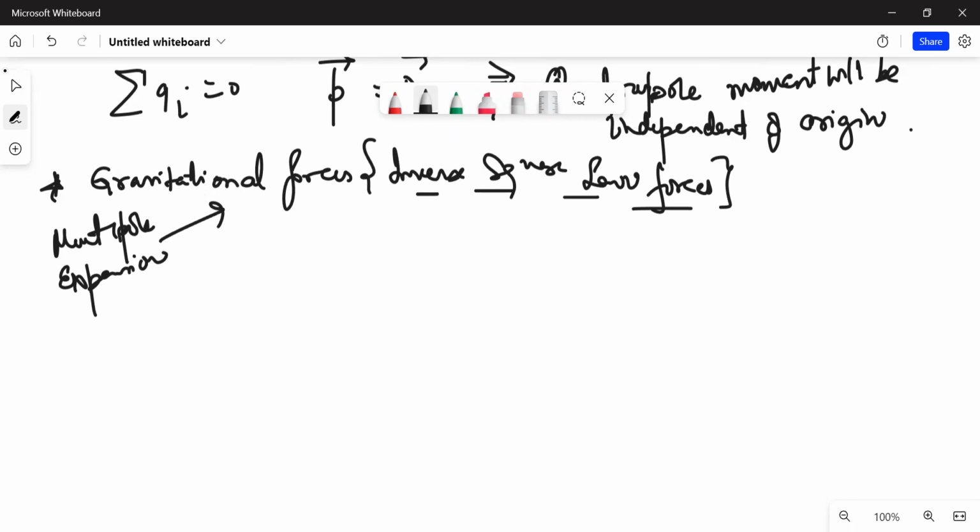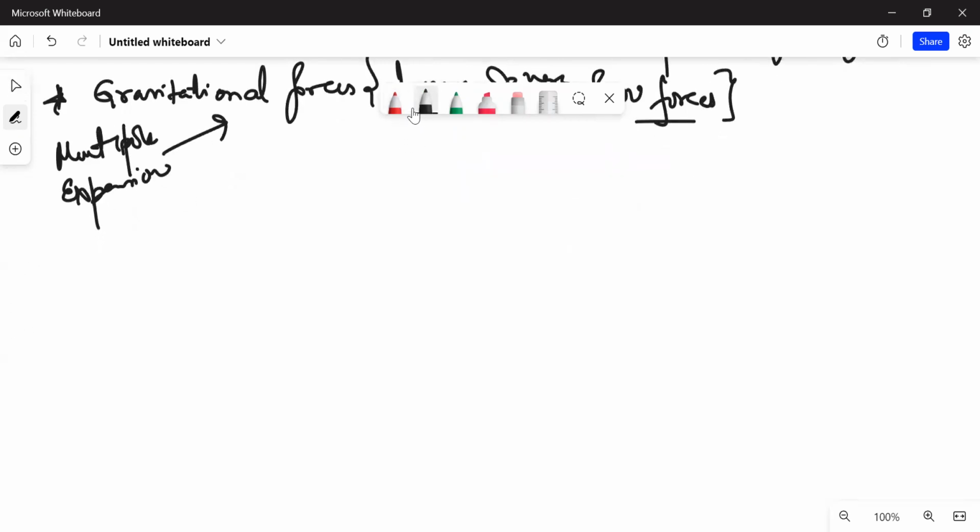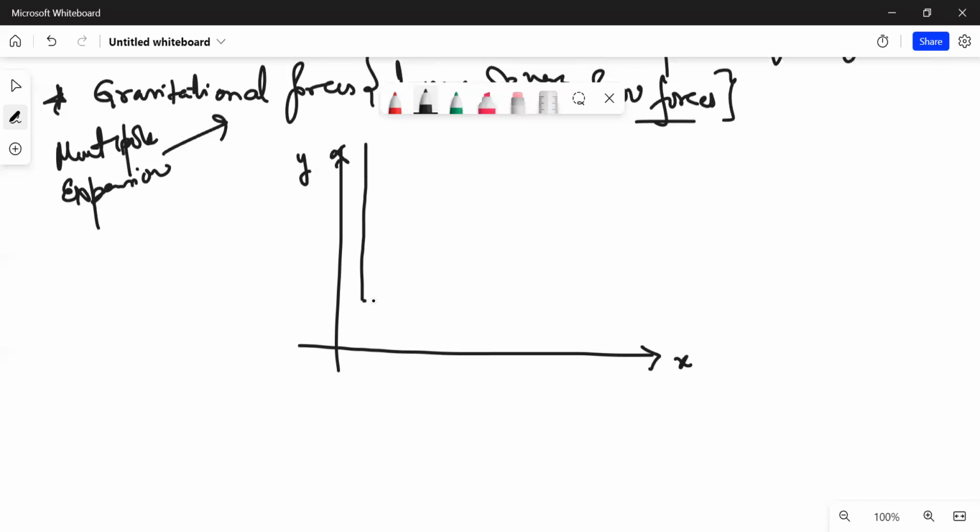Okay. Now, if you want to see it in an easier fashion, what I'll do is I'll take my original coordinates as simply x and y. And let us say my new origin is displaced, and let's say this is x bar and this is y bar. And originally my volume element was d tau dash. So in any way, primed and unprimed coordinates represent